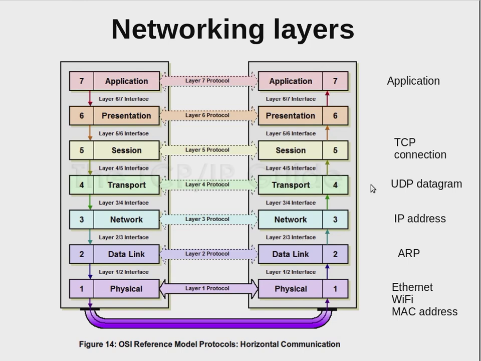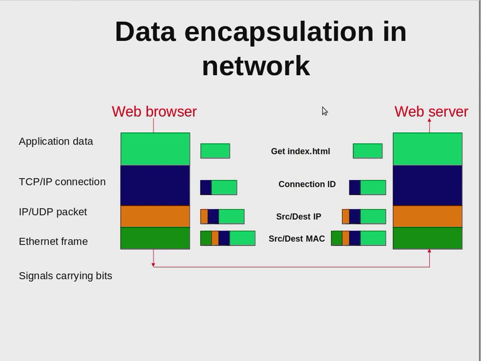Then network transport and session layer is actually TCP/IP network, and then presentation application layer is up to the particular application. And if you look at this abstraction in more practical terms, when this web browser is sending some data to the web server, like a request to get the index.html file, it contains a few bytes as this request is sent. So you can say that the web browser is sending get index.html to the web server.